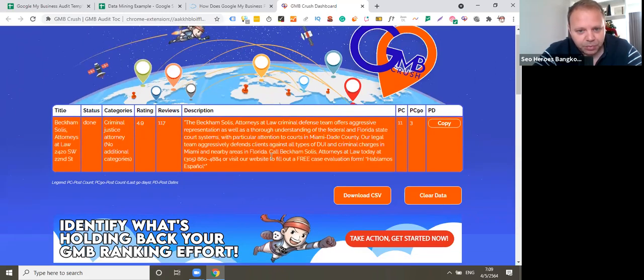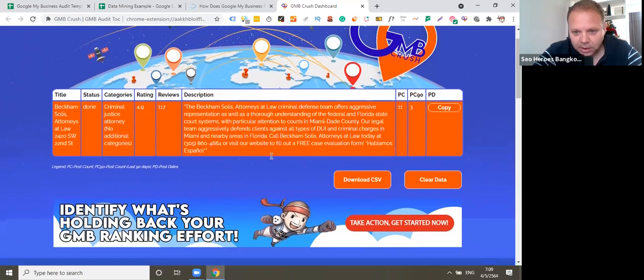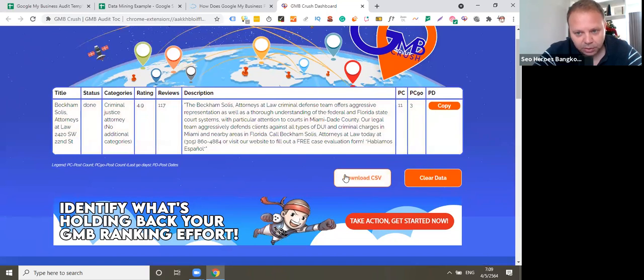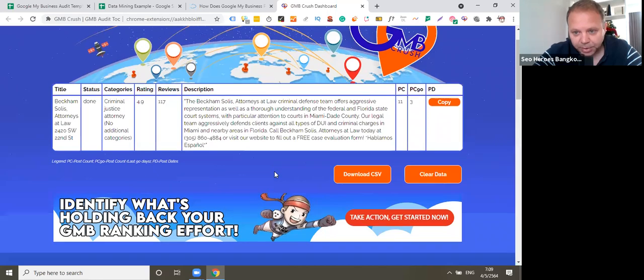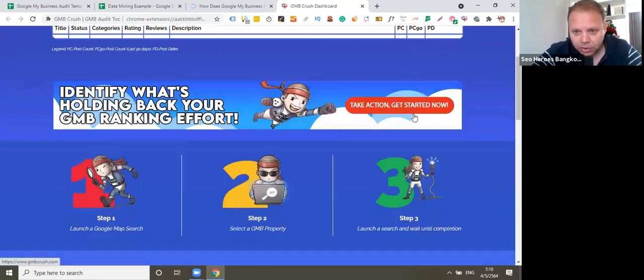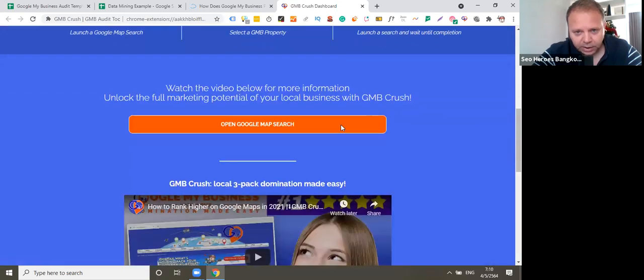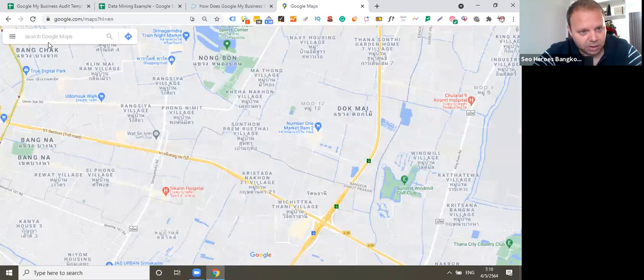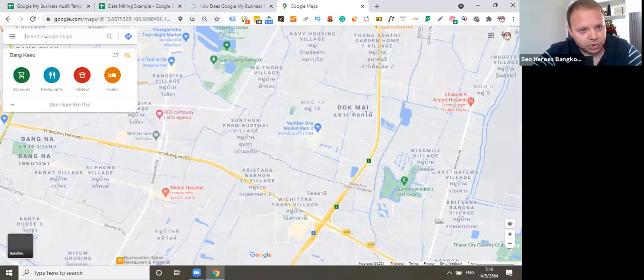So as I said before, you can repeat the exercise for multiple listings and for multiple keywords. And then once you re-land on the GMB Crush landing page, you can simply click to download the CSV file. You can download the file and you can keep storing all the other data for all the other competitors. Okay, so you can also clean the data. You can open the Google Map search, and another interesting thing that you can do here, you can also repeat the exercise,